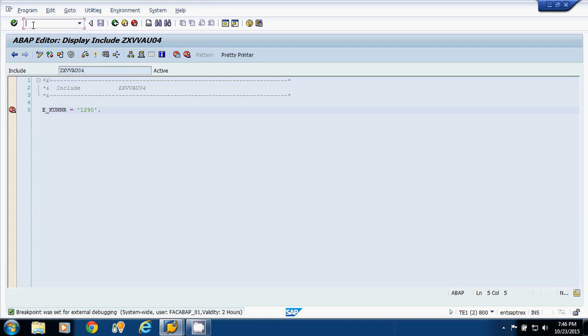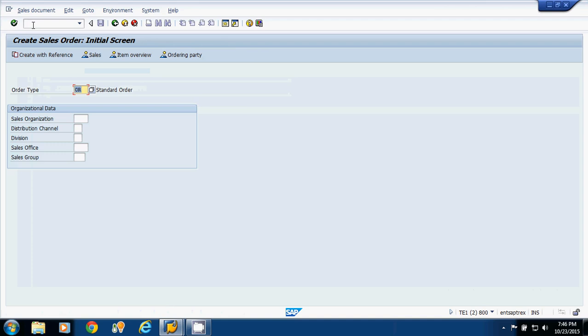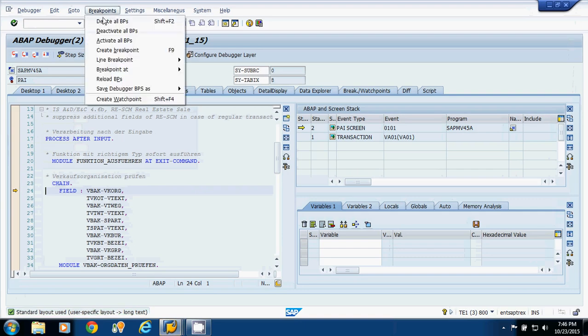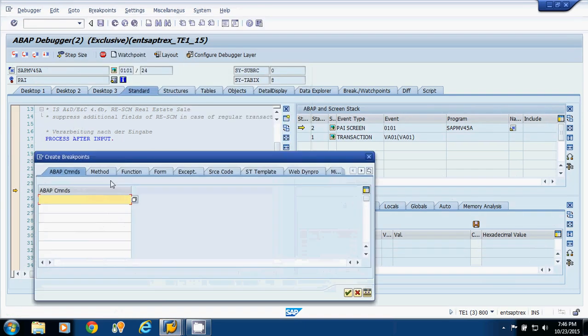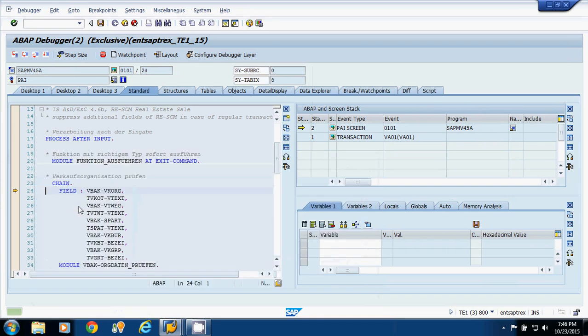Now I will go for VA01 transaction code. Now I will again go for debugging mode, /h, enter. I will put the breakpoint on the same statement, call customer-function.